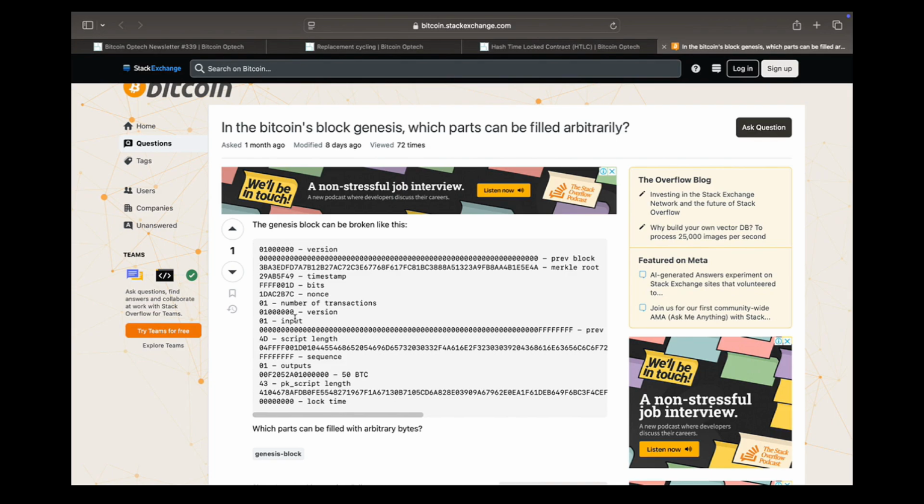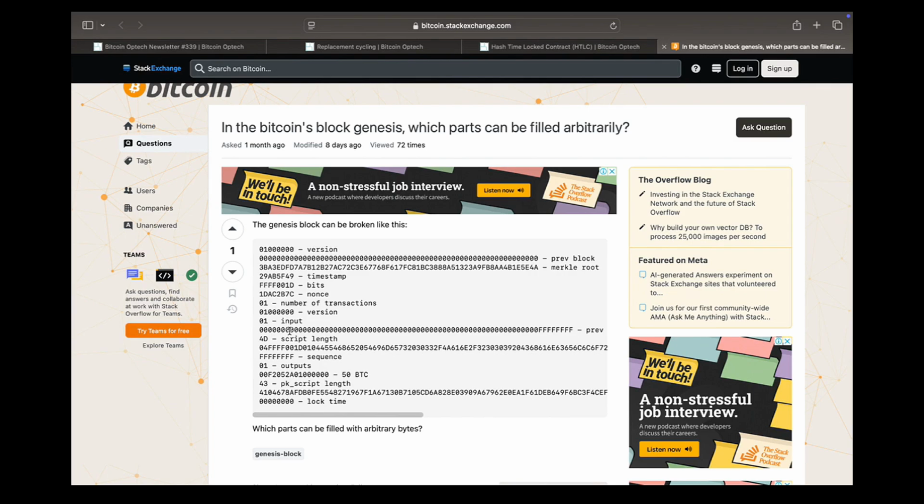So these are some of the fields that a block has, right? The Genesis block can be broken down like this. It has the version number, and the hash of the previous block, which obviously does not exist because the Genesis block is the first block, so it cannot have a previous block. Then it has the Merkle root, which is the hash of all the transactions in the block. It has a timestamp, bits, and the nonce, which is the number you need to find that ensures the hash meets the mining difficulty. Number of transactions: the Genesis block had only one transaction, one input, right? So these are some of the fields the Genesis block has. So now the questioner asks